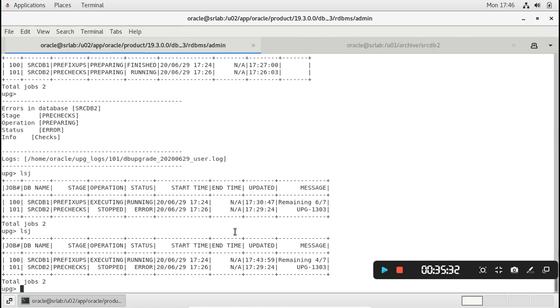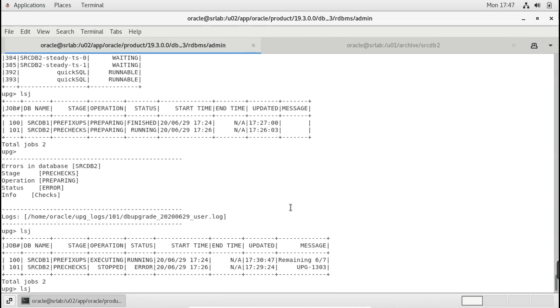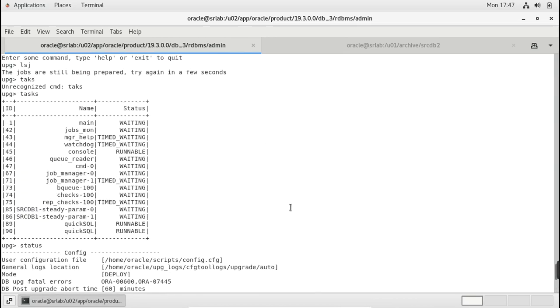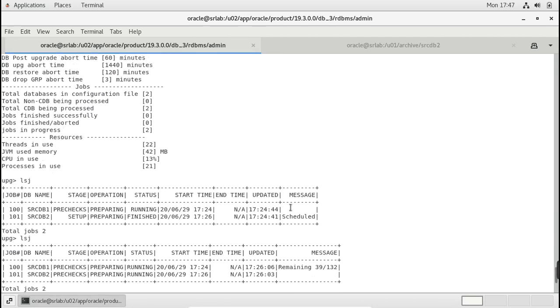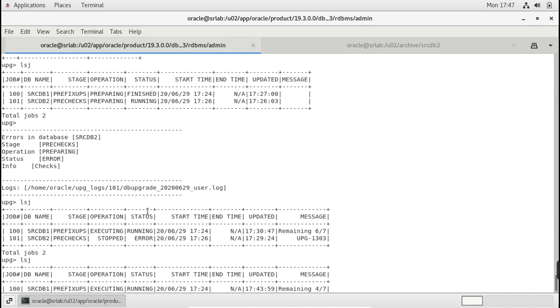Here you can see SRCDB2 has been stopped by some error. So what could I check here? In this log, I have checked why.